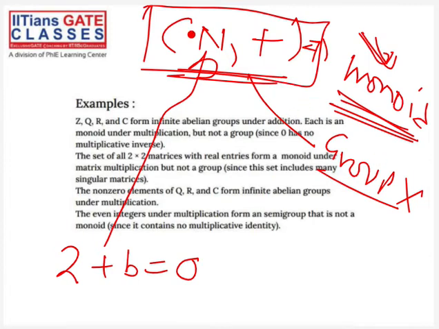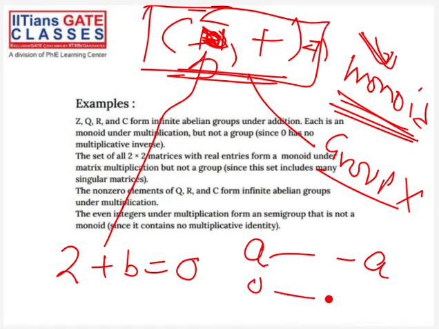Okay. But if you change this base set to Z, the set of all integers, then it will become an abelian group, because for (Z, +), where you have changed the base set to be the set of integers, the inverse property will also be satisfied. Because what will be the inverse of a? The inverse of a will be basically minus a.